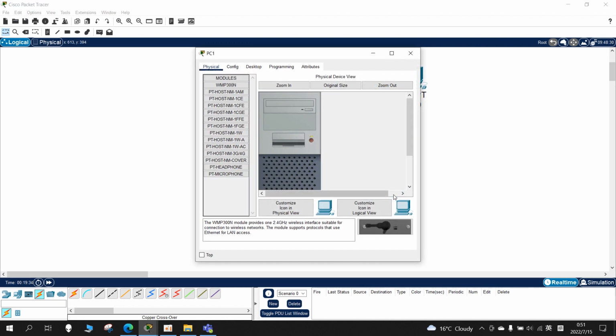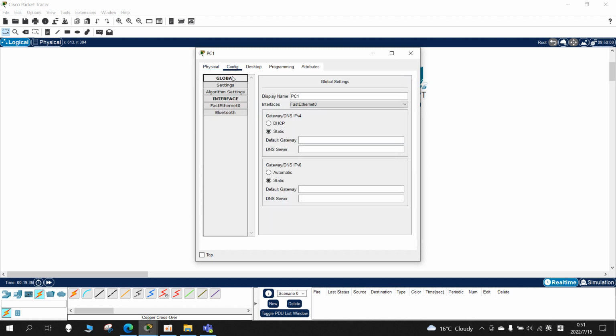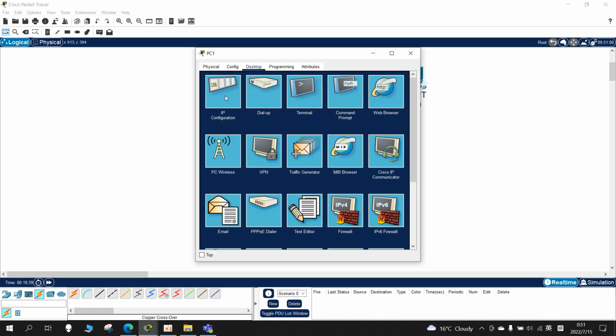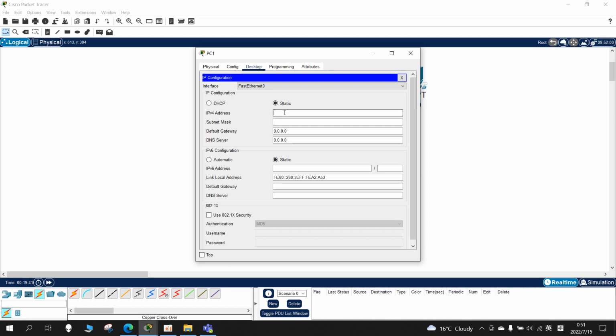We can repeat the same thing for PC1. Go to config. Go to desktop IP configuration, and again, but now there is something slightly different. So it's 192, again same 168. Now very important is 2.2. Okay, let me hit tab. And again, enter, tab, and